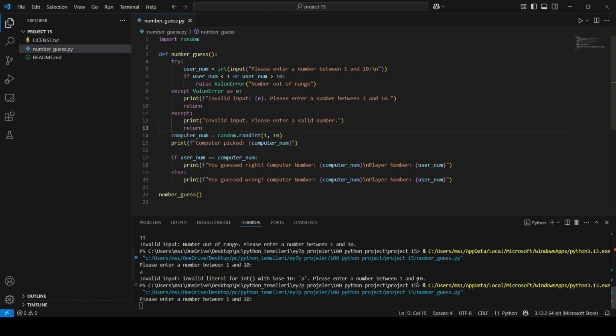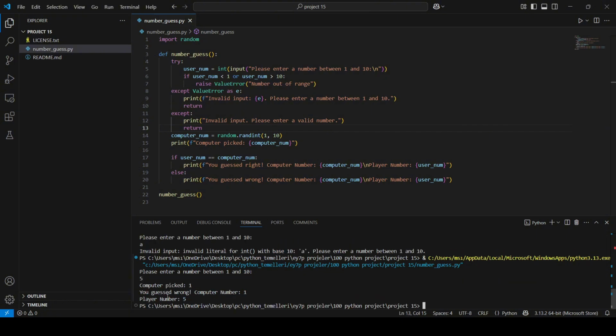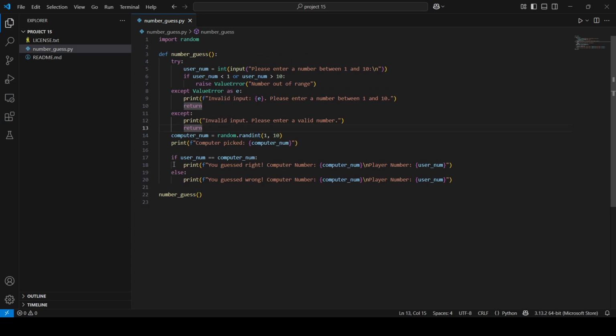Now let's run our code. I will enter, for example, 5, the computer picked 1, and I guessed wrong again. So I guess that's it for this project. In the last project I didn't